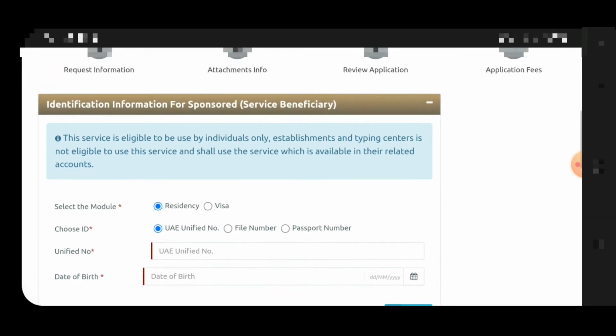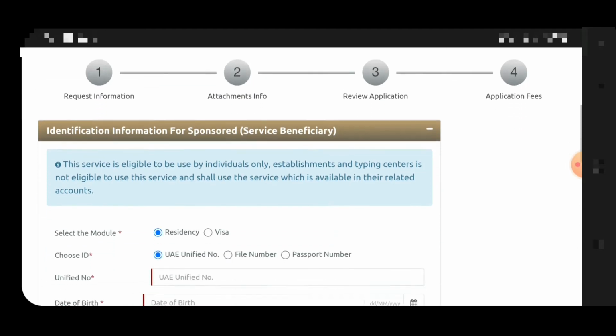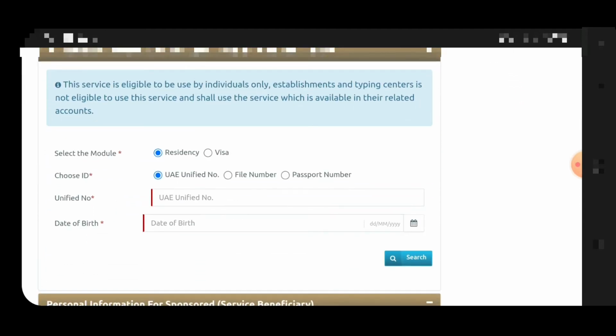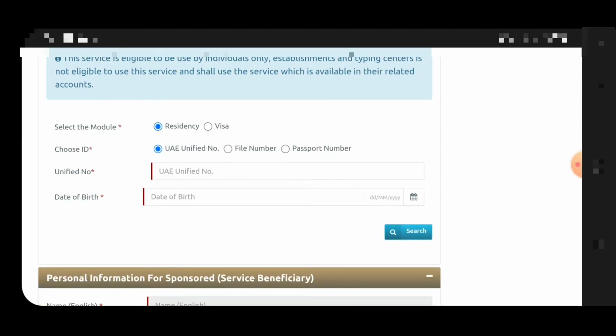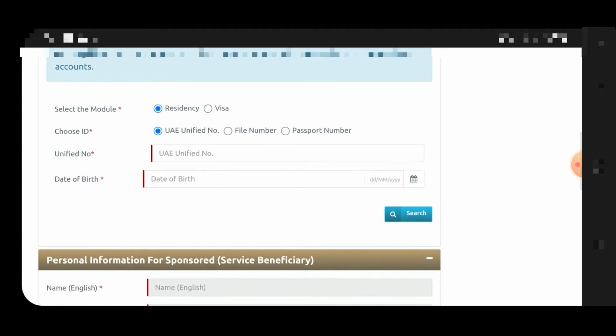So guys, when you click on start the service, you will see select module, residency or visit visa. So if you want to check whether the person is on a visit visa or residency, you can click as per the system.